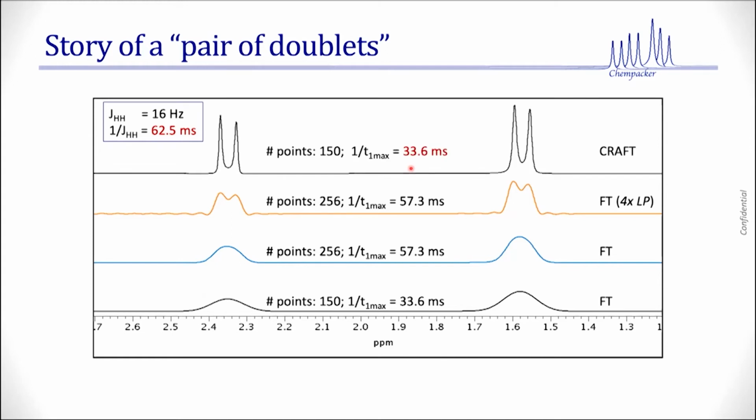Because it's a fitting algorithm. It simply says the FID that you supply to me, even though this is only 33.6, I can best fit that to two doublets. And with 33.6 millisecond, I don't even have to do any of these things. Game, match point, I'm done. So there's a significant benefit to do these kind of analysis in time domain and try to decimate the data in time domain.